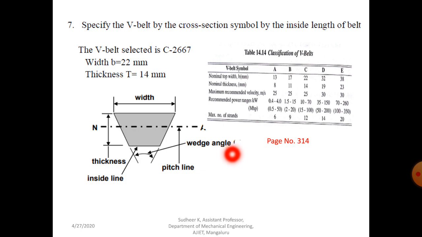I think these two problems are enough, because they are the most important problems. All the problems are similar, only the type of cross section changes. So that completes your first important topic in module 2, that is design of belt drive. Similarly, you have design of chain drive and design of rope drive, only for theoretical treatment. In the next class, we'll continue with the design of rope drive and design of chain drive.